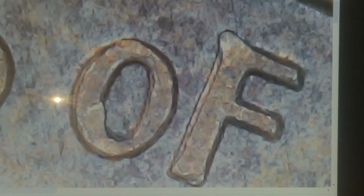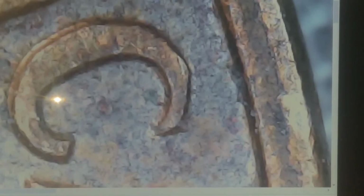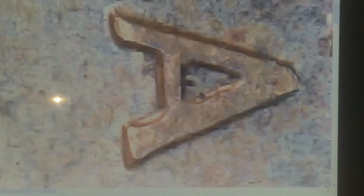The A, the T, the E, the S of "States" is extreme. You can see it in the M, the E, the R, the I, the C. They're flat edges, and usually if you've got a flat edge, it's machine doubling. You can see it slightly in the FG too, which is all part of the doubling on the